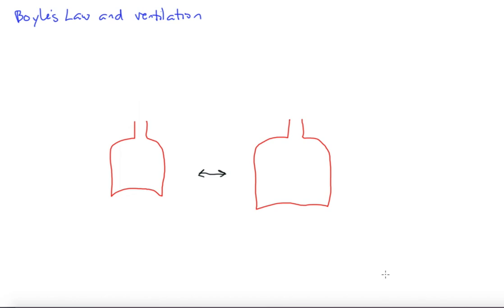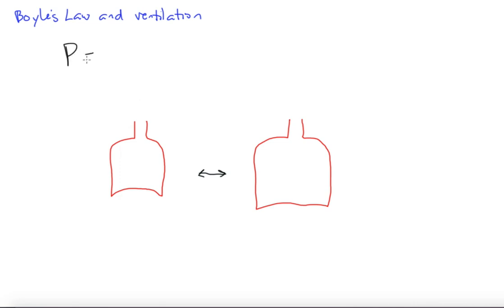We can talk about ventilation of particular lung regions. That's a local control. We can talk about that later. But right now we want to talk about essentially how we move air in and out of the lungs, right? And so we're going to use Boyle's law to help explain that. And Boyle's law basically states that pressure